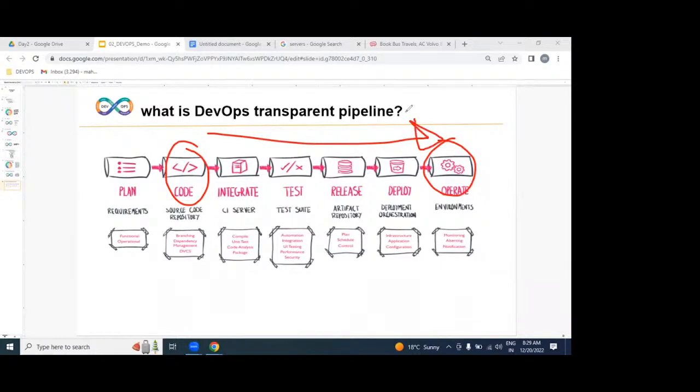But how exactly, guys, please? Are we going to be writing any code in the dev environment? No. The writing is the responsibility of whom? Developers. A developer has to write the code using any programming language. Once it is written, who is the responsible person to maintain it? The DevOps engineer. What I said very clearly: writing is the responsibility of the developer, but maintenance is the responsibility of the DevOps engineer.